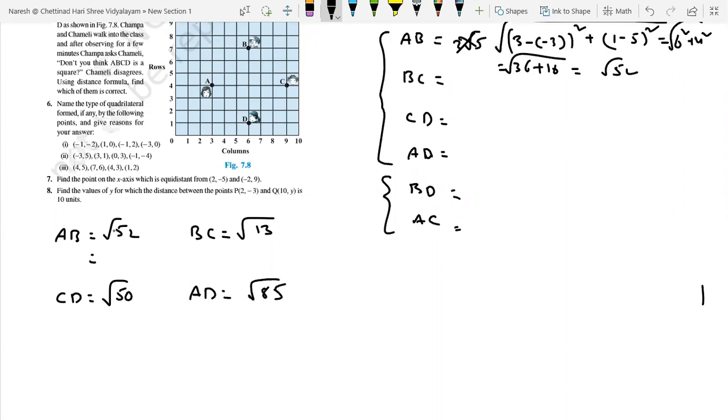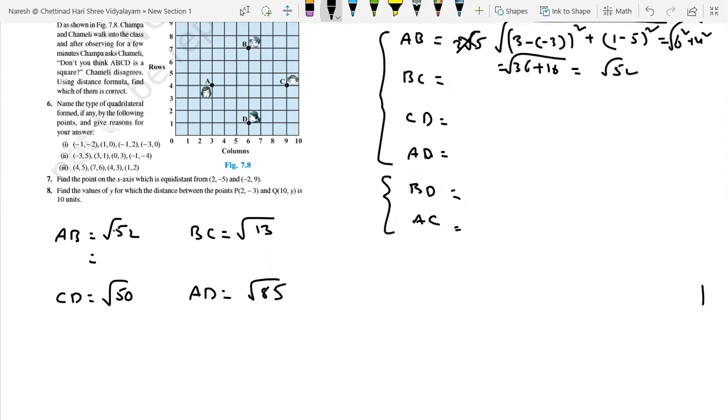Yes, sir. Even for a trapezium, we can't explain it properly here, because the trapezium concept can be explained with the help of slopes. With the help of lengths, you can't decide a trapezium, correct? Because distances will not explain how two lines are parallel. Trapezium is irrespective of the lengths: one pair of opposite sides is parallel to each other, and the remaining two sides are not parallel. That is called a trapezium.